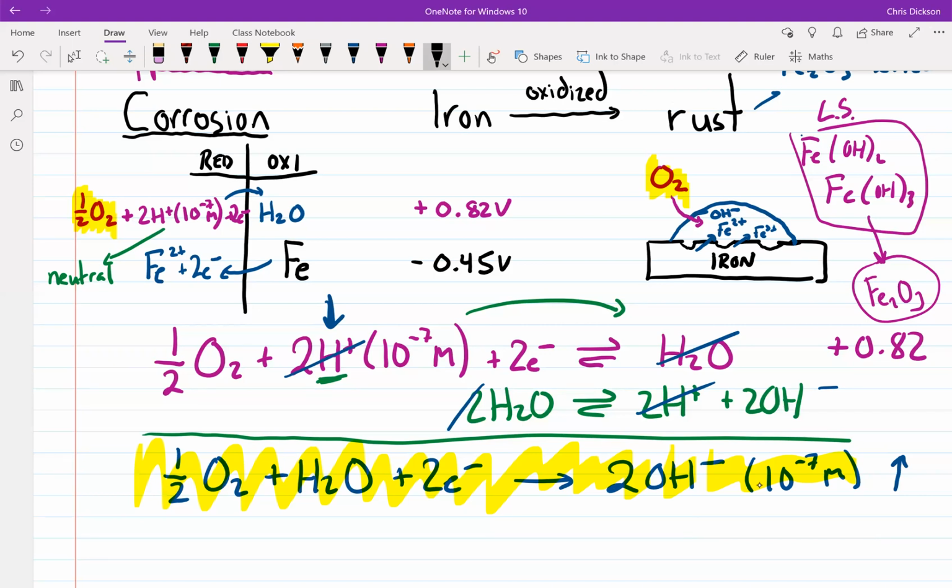The other thing I wanted to mention here was the effects, using Le Chatelier's principle to understand how you could make this reaction go even faster, and more importantly, where it would go faster. So, for example, this reaction here, when this is 10 to the minus 7, which is purely neutral. And if you remember from the acid-base chapter, when it rains,